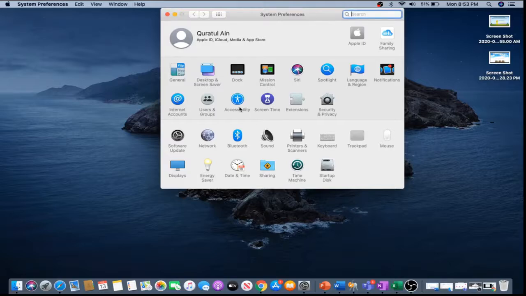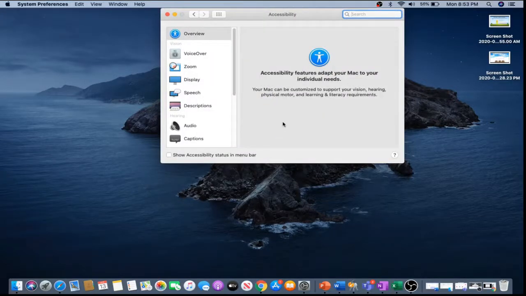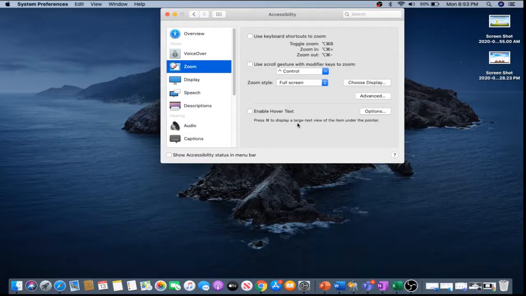Then you can see the Accessibility icon. Click on that one, and then click on Zoom. Once you click on Zoom, you have to make three changes here.